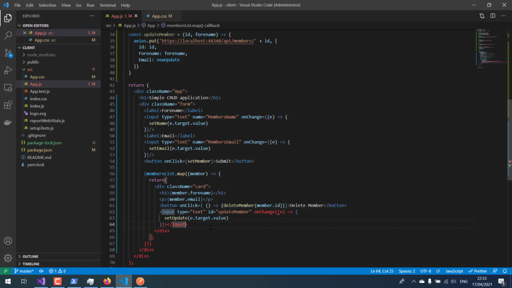Oh, I don't have to close it that way. I have to just close it here. Now I open it, and then I open the curly braces, close them here, open, yeah, that should be